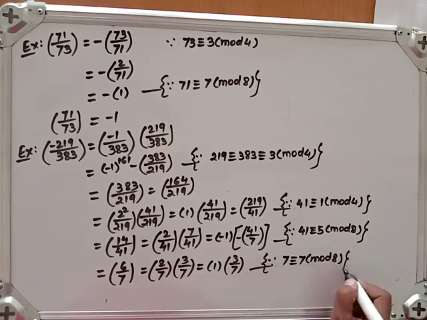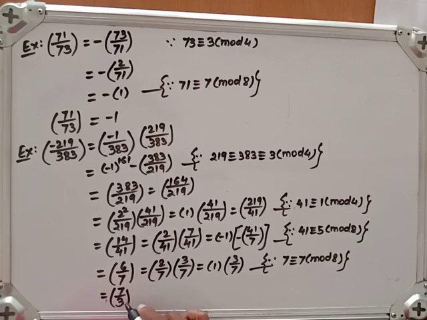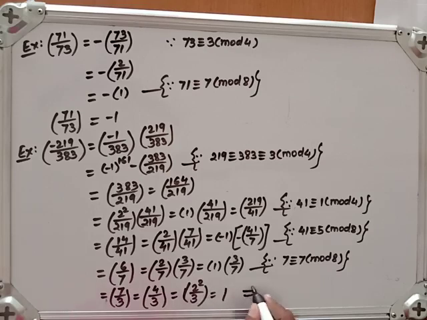Okay. So the Legendre symbol of 3 upon 7 is equivalent to the Legendre symbol of 7 upon 3, because 3 and 7 are both congruent to 3 modulo 4. So that is equivalent to the Legendre symbol of 4 upon 3. And that is equal to what? 1, because it is the Legendre symbol of 2 square upon 3, that is 1. Therefore, the Legendre symbol of minus 219 upon 383 is 1. This is our final answer here.